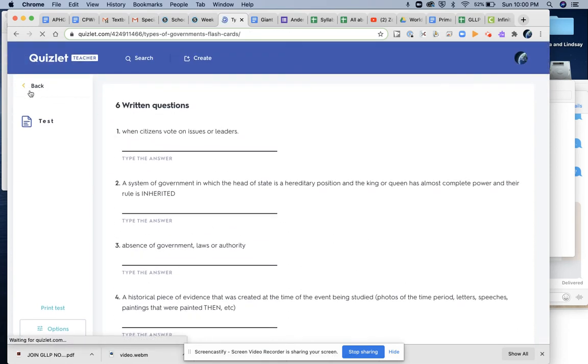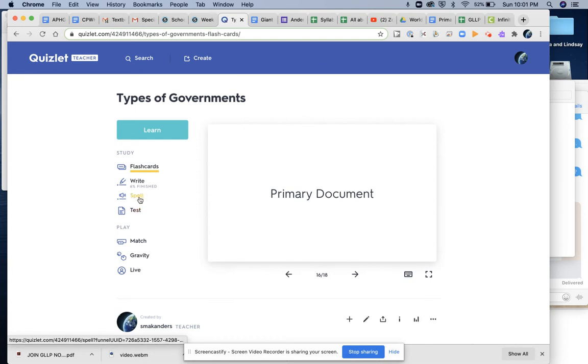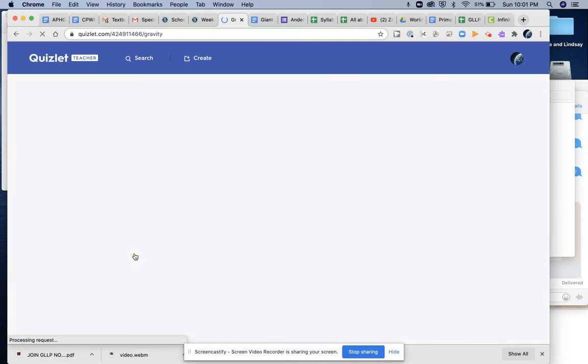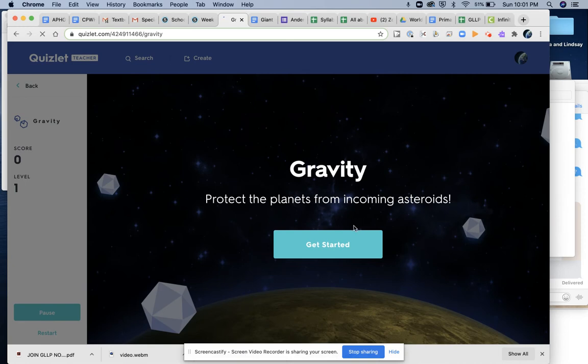The last one, what I want to show you is if you really know this, and this is what I want to get a screenshot from you guys doing. I want you to pick one of these games, actually not live. You can't do live. We have to do that as a class. Try to pick gravity or matching if you need to, but I basically want a screenshot of you. So you're going to go up here, go to your screenshot, and I want to see you play this game.